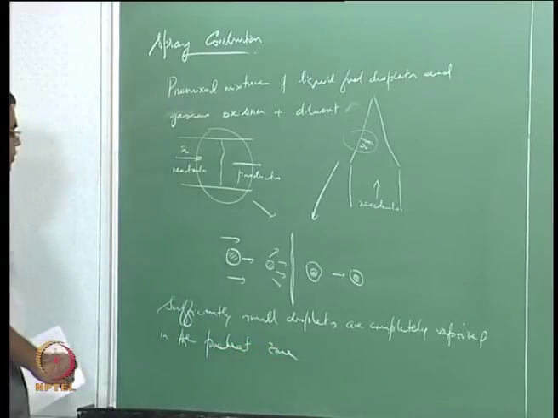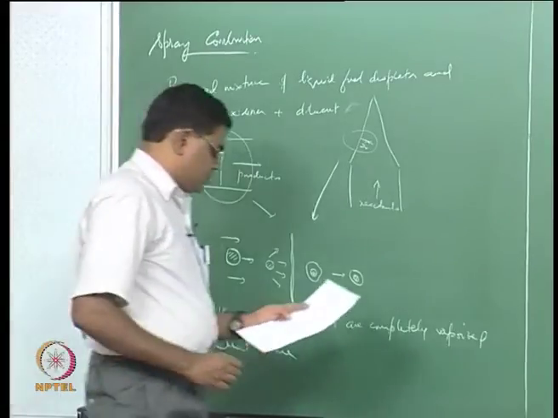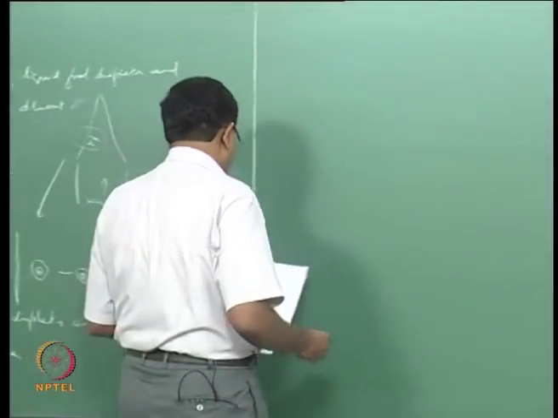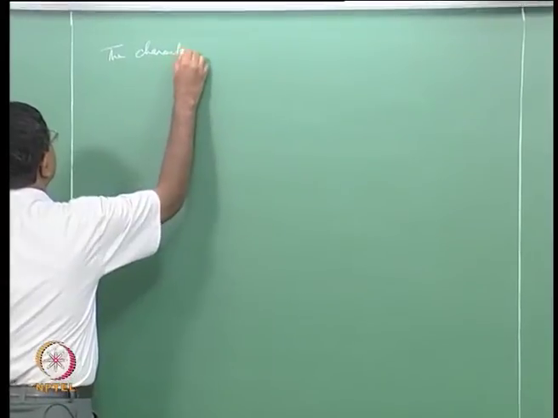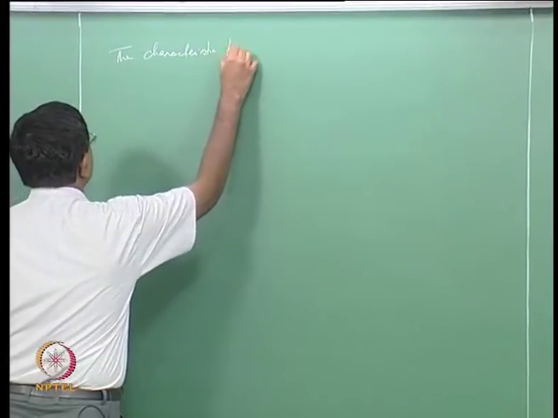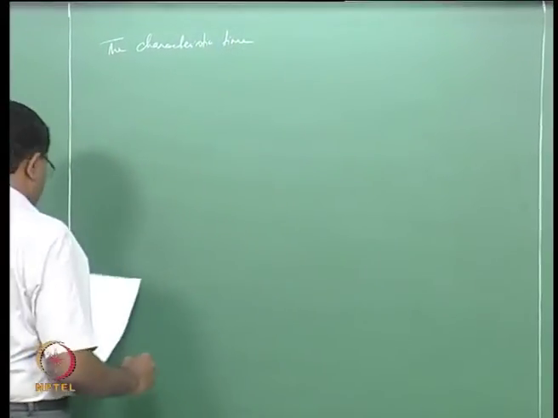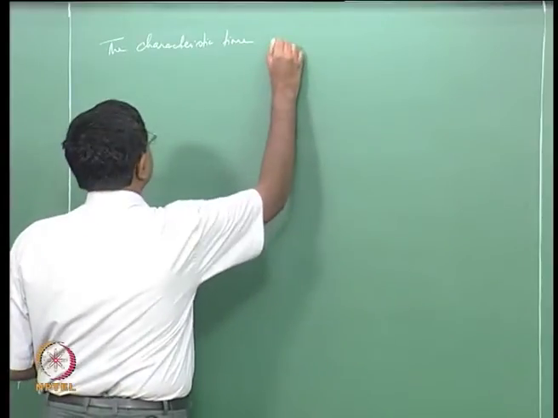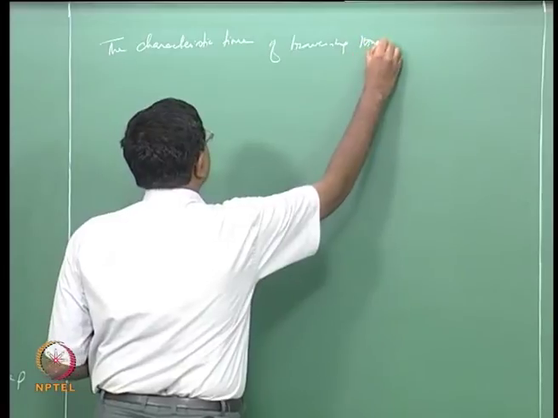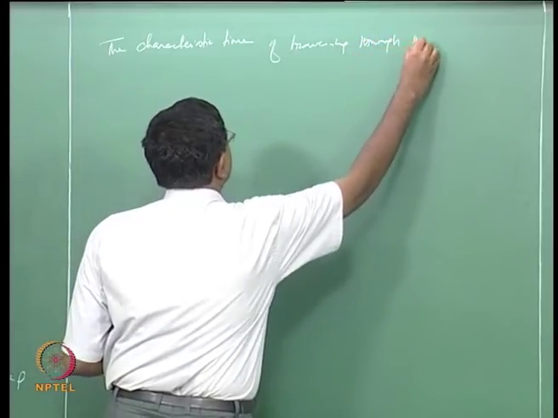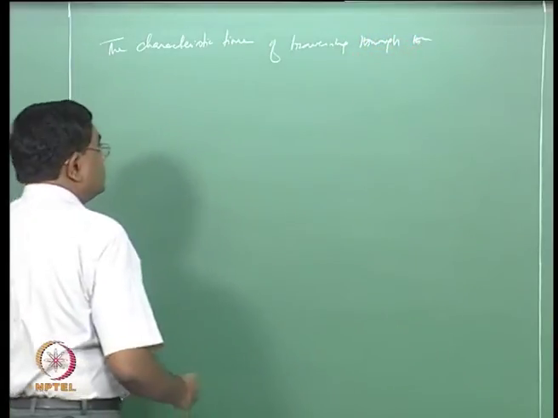The preheat zone of the flame is where the heat conduction is happening. So the characteristic time of traversing through the preheat zone